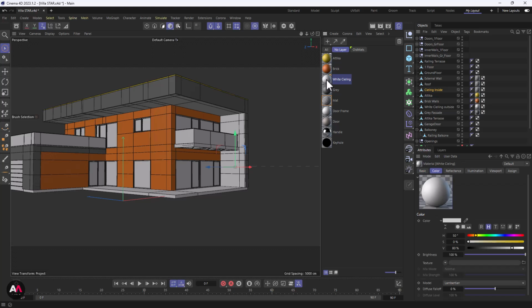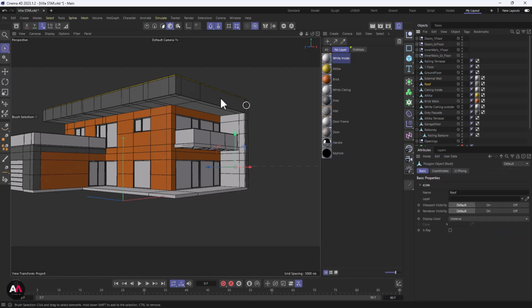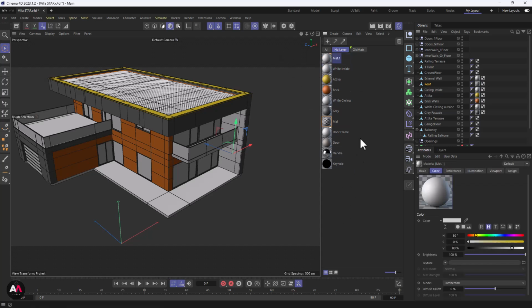I can also make a new material here, white inside, and give it to my ceiling inside and the wall inside. So white ceiling, white inside, and I drag this on my ceiling material inside and my external wall here, and the roof. Here I make a new material, I name it roof, and I change the color, this to 80% and this to 60. Okay, and I assign this to my